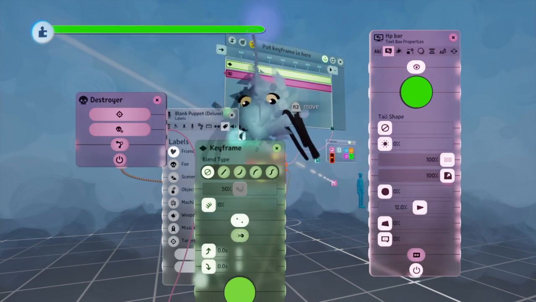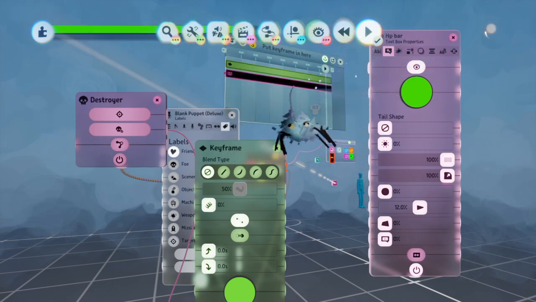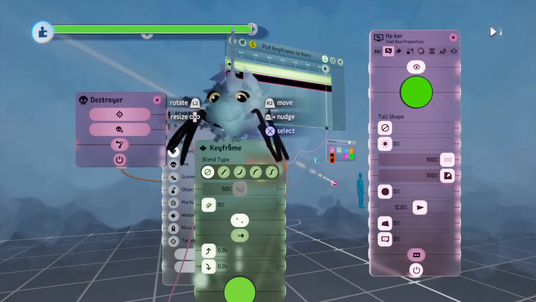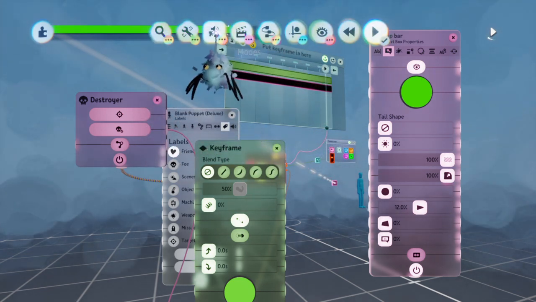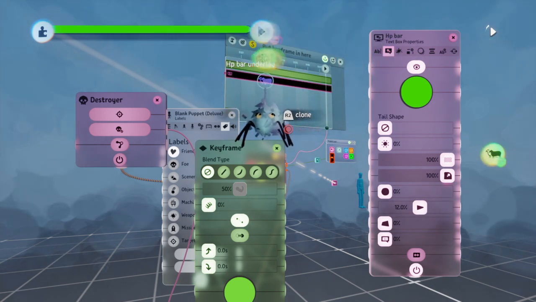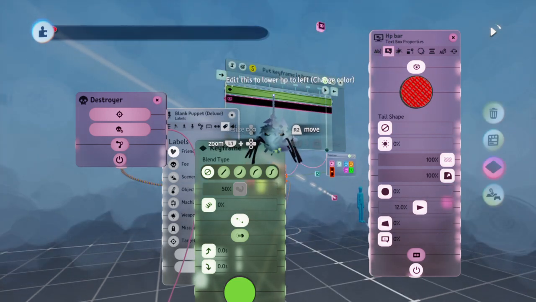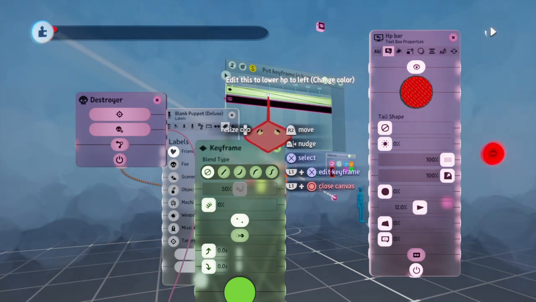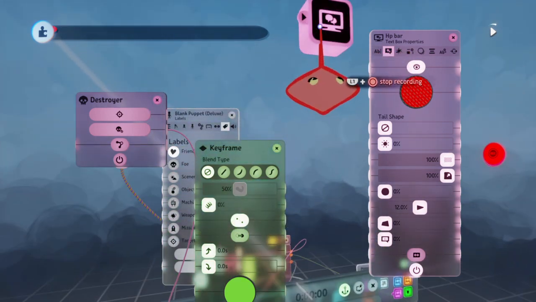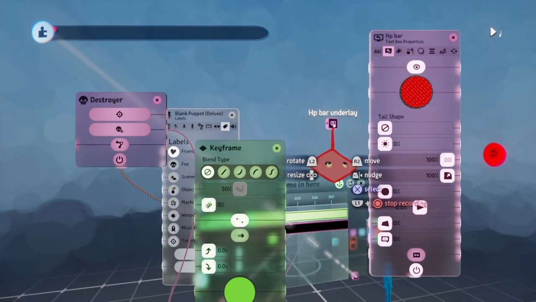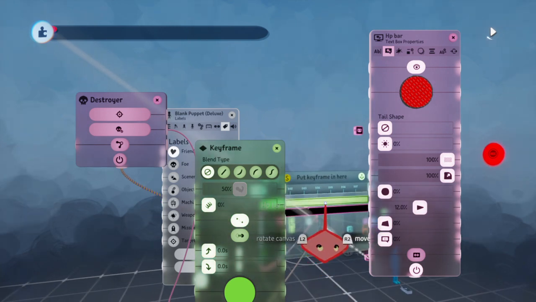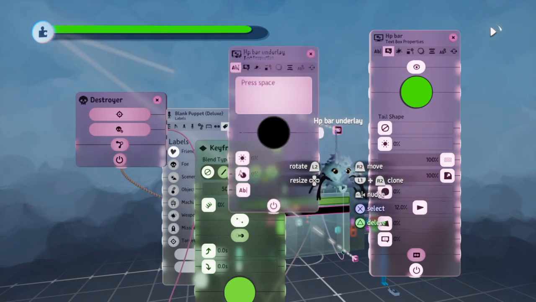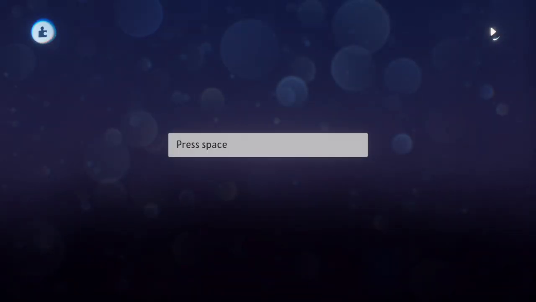If you need to make an underlay underneath this, like I have in my tutorial right here, this black part right here, it's just a cloned text displayer. So what I did was I cloned this, then I pressed this, pressed L1 and X on this to where it started recording, went up here, pressed triangle on this, so that way this keyframe isn't affecting the one that we just cloned, hit that, and then what I did was I pressed space inside of here,